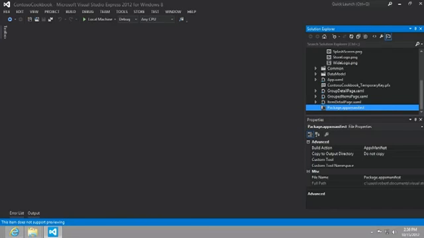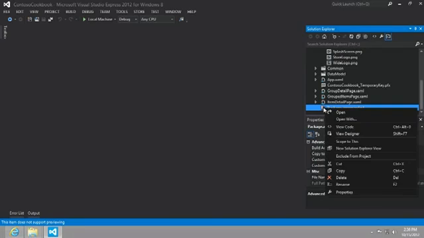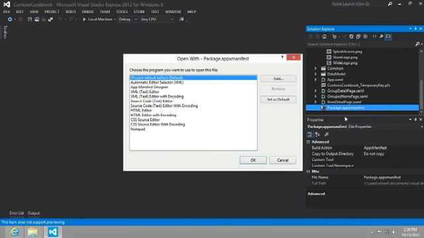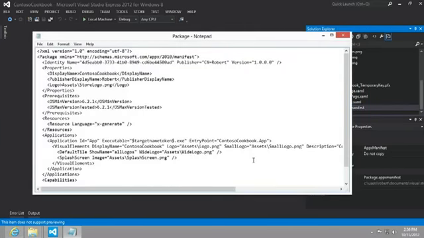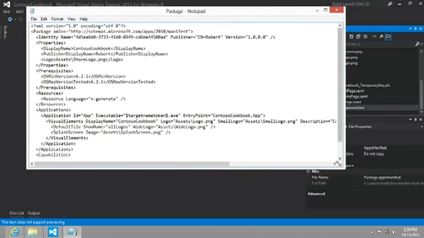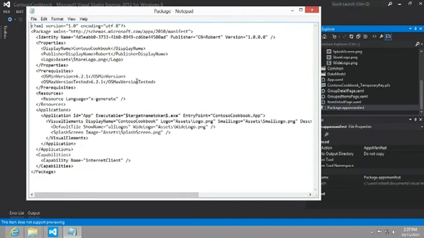package.appxmanifest file? What in the world is this thing? Well, I think what we should do is be careful, but right-click on this file in the Solution Explorer and select Open With. And I'm going to choose to open with Notepad and click OK. And we can see this file now in Notepad, and it's just an XML file, and it has its own XML namespace. And you can see that there are things declared here like the identity name, this long GUID, publisher,